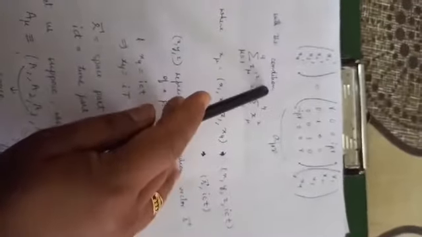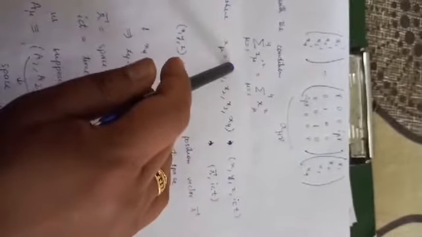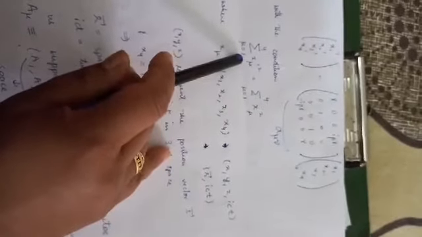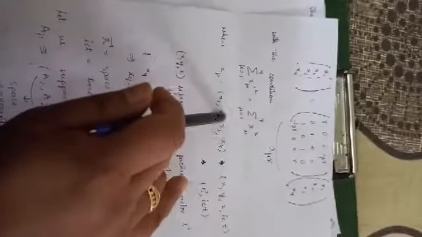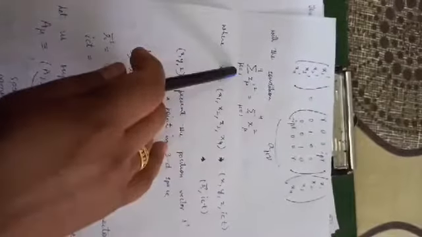Now, what is the orthogonality condition over here? If we take the scalar product of the components in the frame S dash, it will be the same as in the frame S. That is, the summation over mu from 1 to 4 of x mu dash square is equal to the summation over mu from 1 to 4 of x mu square, that is in the frame S, and in the frame S dash they are the same. Now what is x mu over here? It is x1, x2, x3, x4 as I have told you earlier. That means x, y, z, iota ct, and these three components x, y, z are the same coordinates in the position.